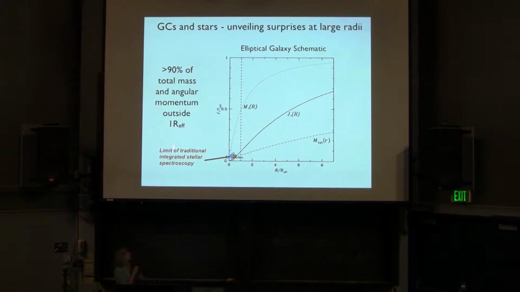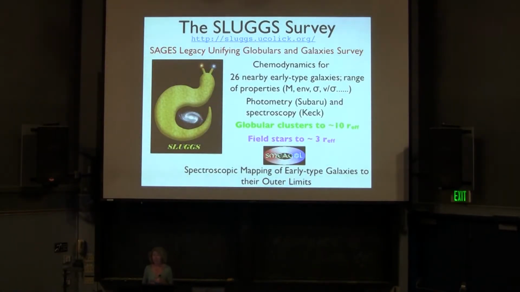But notice that 90% of the mass and the angular momentum in galaxies resides outside one effective radius. So if you want to understand the assembly of galaxies and their halos, you are likely going to need to go much further out. That motivated the SLUGGS survey, which you've heard a bit about from Kristen this morning,